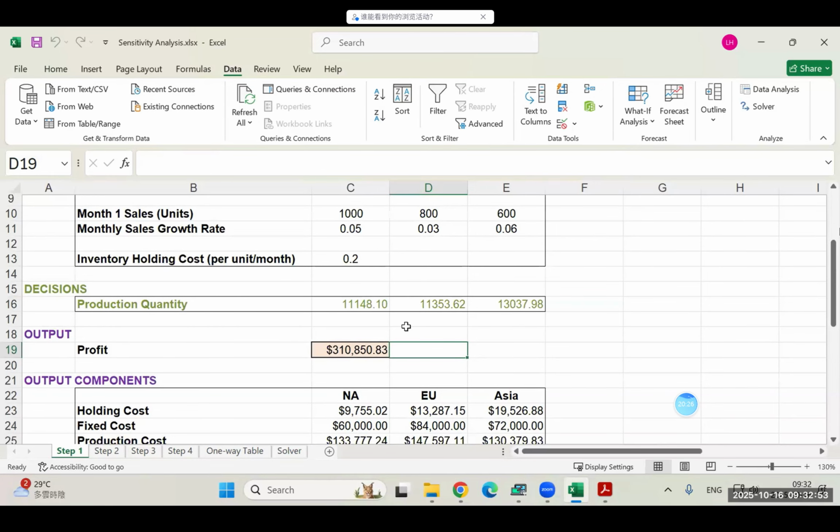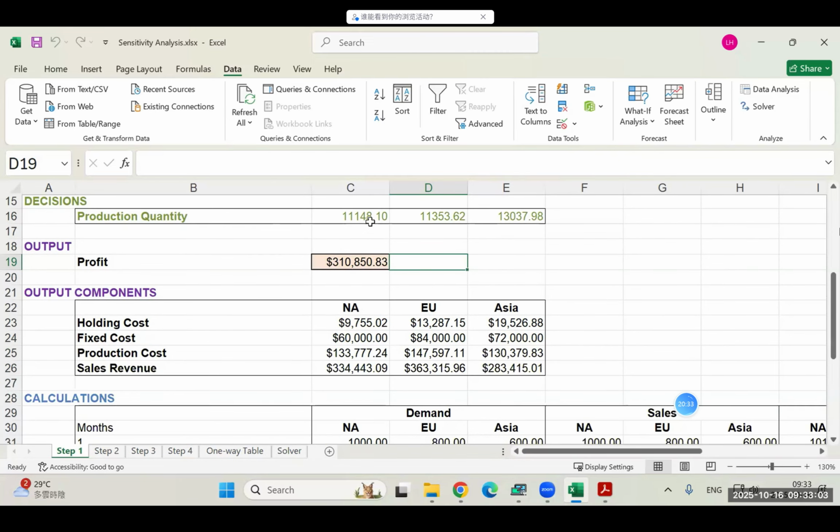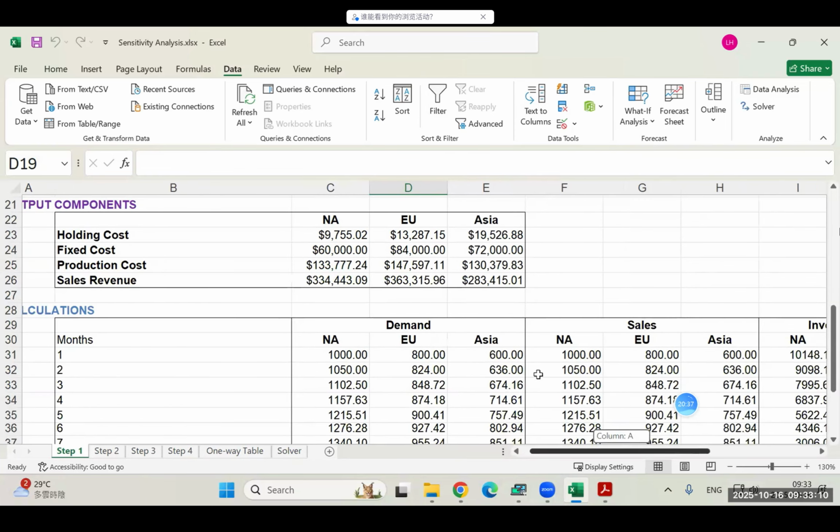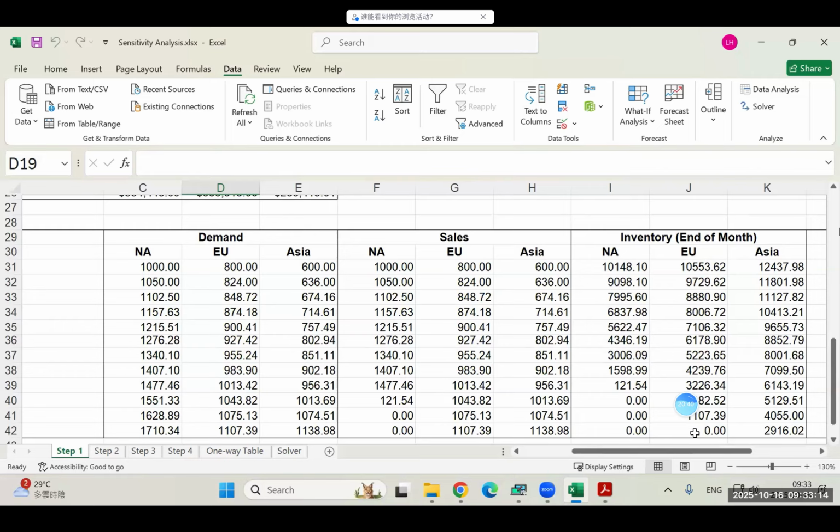We actually know a lot of things, that our original production was 20,000, and we end up with a lot of unfinished units, and therefore